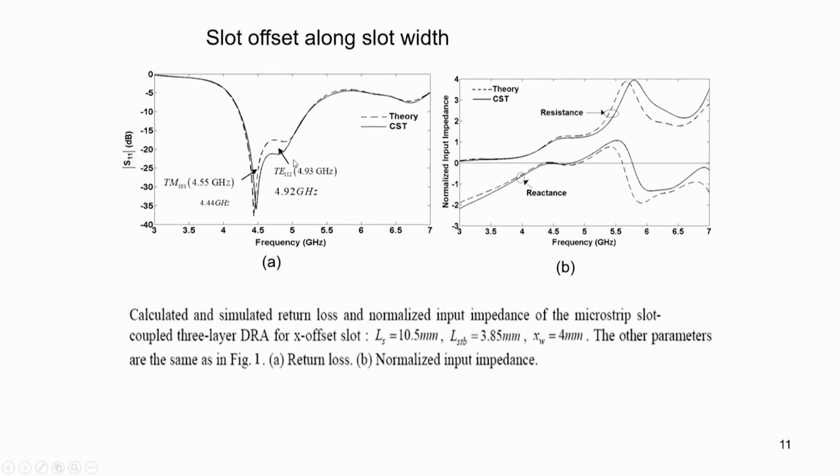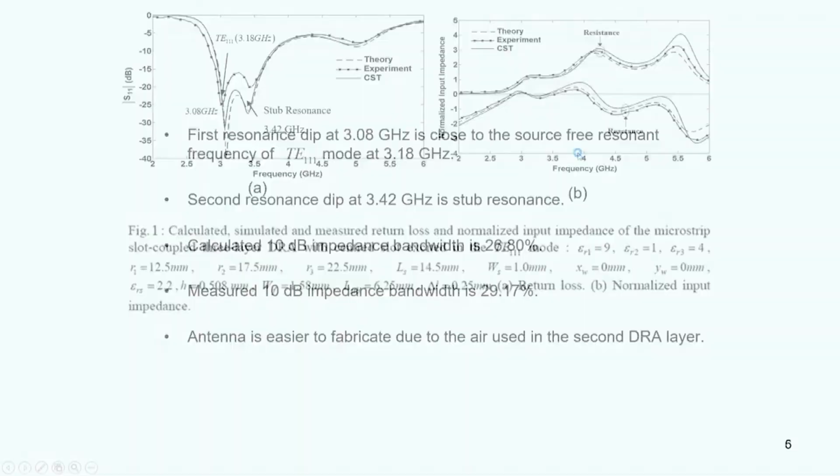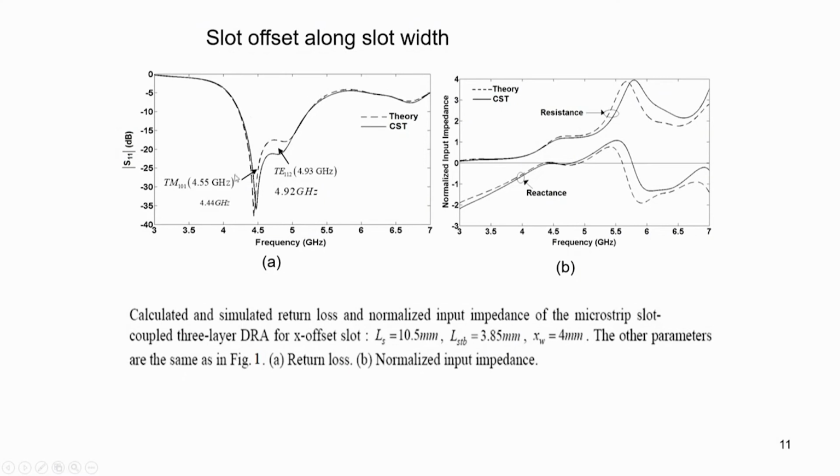Then we do a slot offset along slot width, which is the slot offset along the x direction. So, here xw is 4 millimeter, the slot is offset along the x direction. So, you look at the original figure, the slot is offset along this direction, along the x direction. So, when we do that, we see that the first mode excited is the TM101 mode, it is a TM mode, and that leads to the resonance at around 4.5 gigahertz, and the second resonance is contributed by the